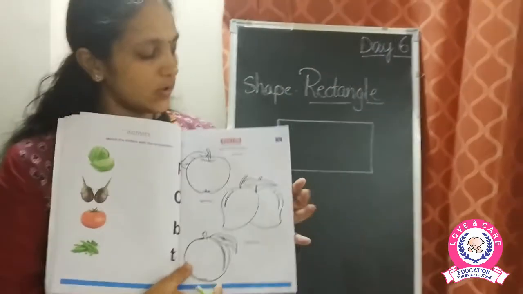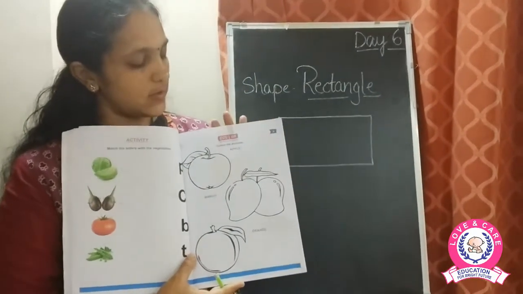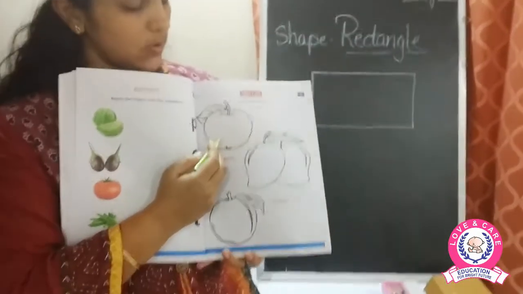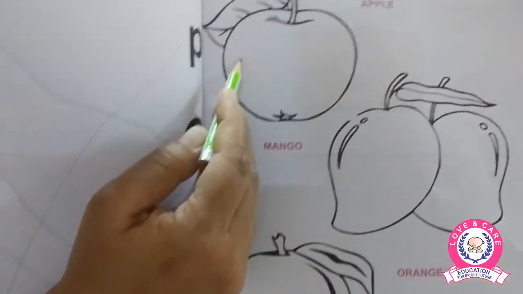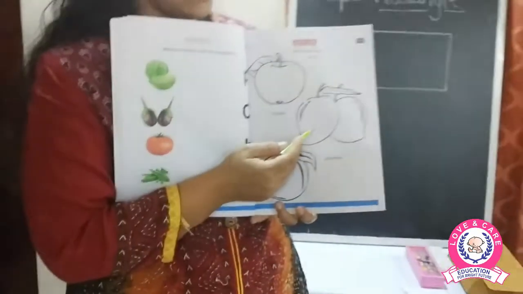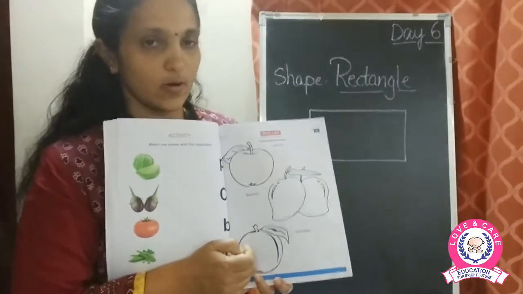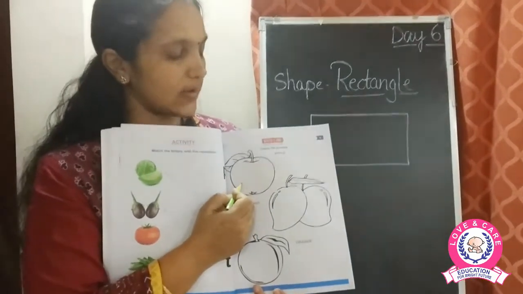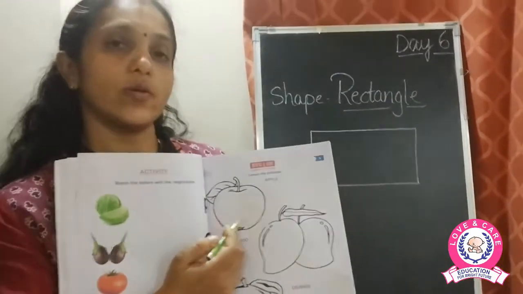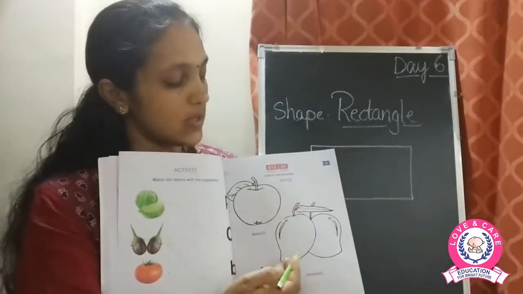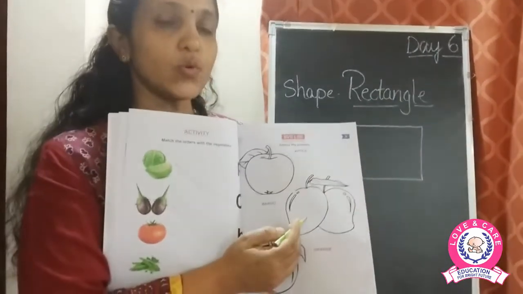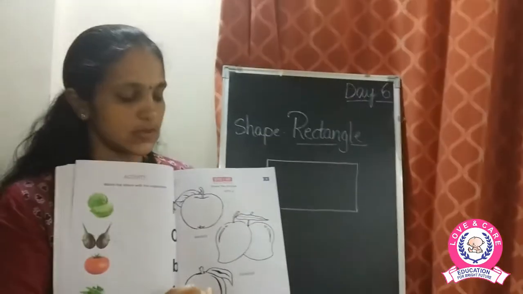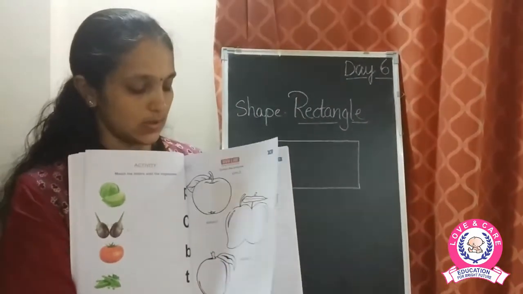Okay children, now moving on to the next page. Here you have the EVS worksheet of coloring the fruits. Here are fruits given. You have to color the fruits. The first is the apple, then mango, and then an orange. So you have to color these pictures. आपने apple को color करना है. Now apple is red in color also, and nowadays you get even green apples. Then mango. This is a fruit, so we are going to color it yellow. And the orange, the name itself is orange, so it should be orange in color.